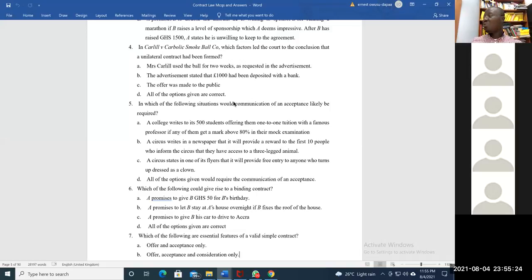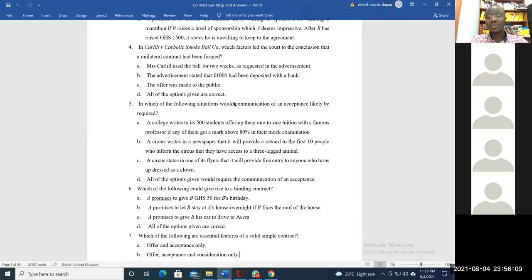Now, there was this argument that it was just a mere puff, and then the court said that it's not a mere puff because they had demonstrated the sincerity of their intention by setting money aside with the bank in London, out of which those who were entitled to the promised 100 would be paid. Then the offer was made to the public. Is that what really made the court say that it is a unilateral contract? Certainly not, because I think